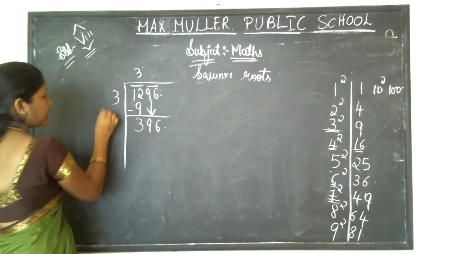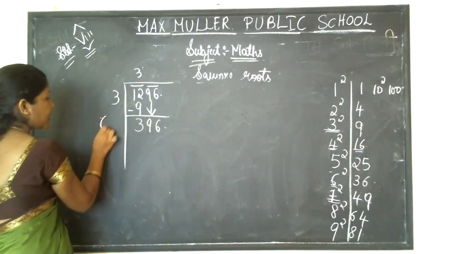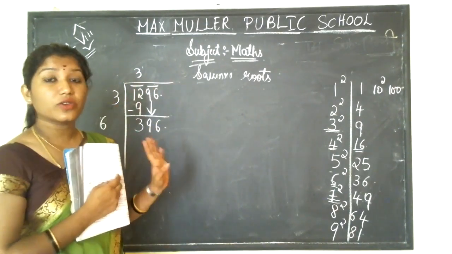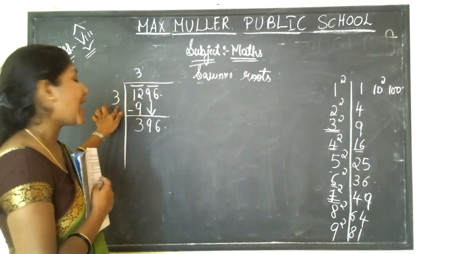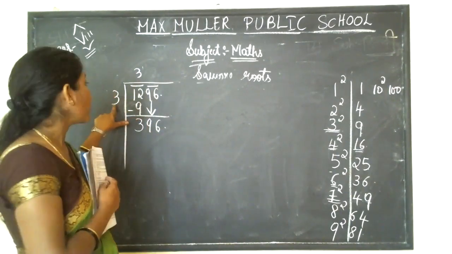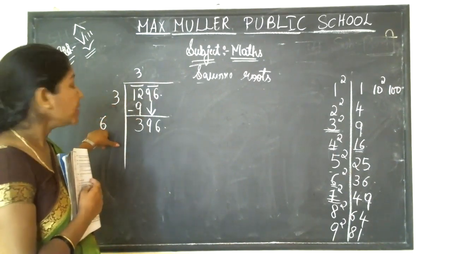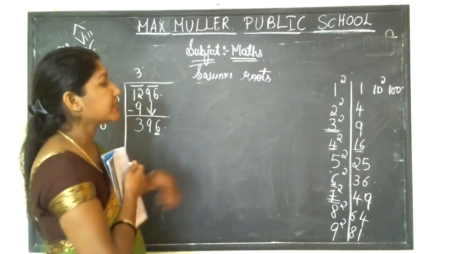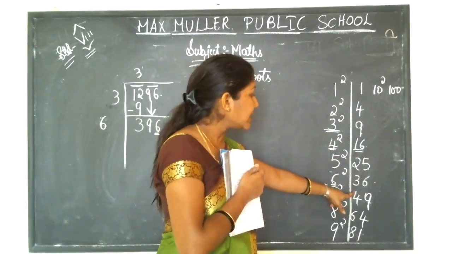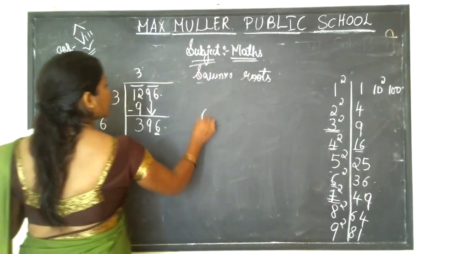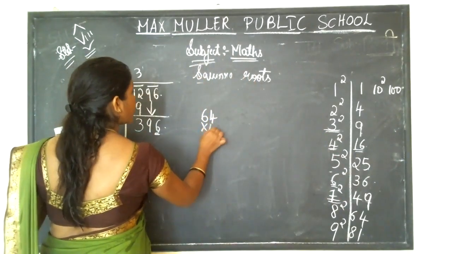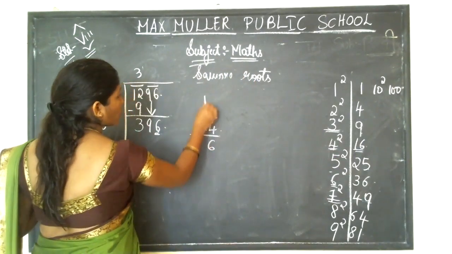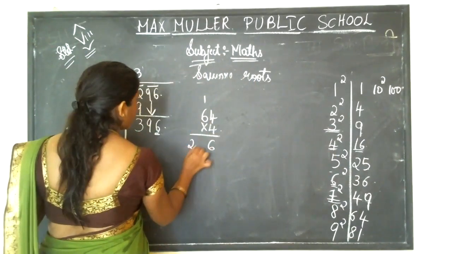Okay, and double this number, 3 plus 3, it is 6. Here you have to double, not multiply 3 3s are 9. No, you don't multiply it. You have to just add another 3 to this number. 3 plus 3, you will get 6. Next, some number, you have to see the last number 6. So here 4 and 6. You have to do 64 into 4. 4 4s are 16, 1 carry, 4 6s are 24, 24 plus 1, 25.